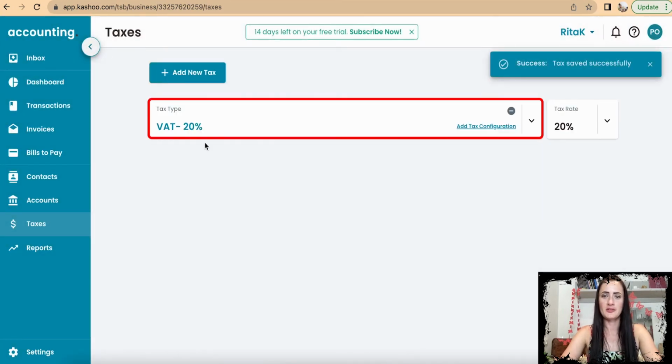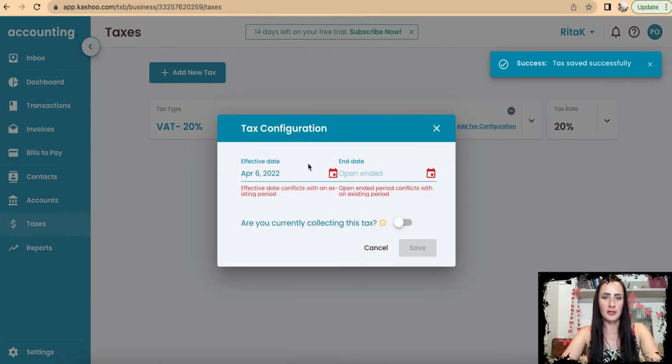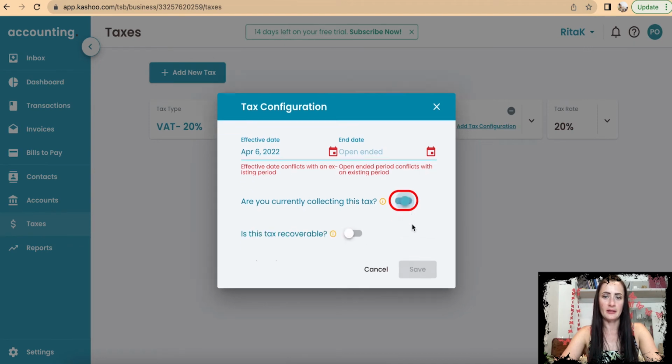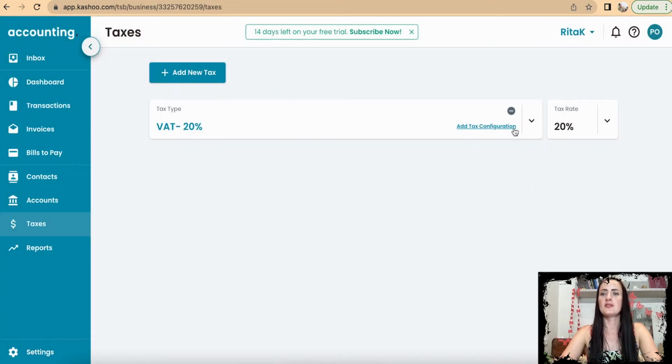So the VAT 20% rate has been added. We can add tax configurations, so when it's effective and enabled. For example, if I have not enabled it, you can come here and enable it and add the registration number. Yeah, so once you add this information, it will allow you to record taxes. If you have another